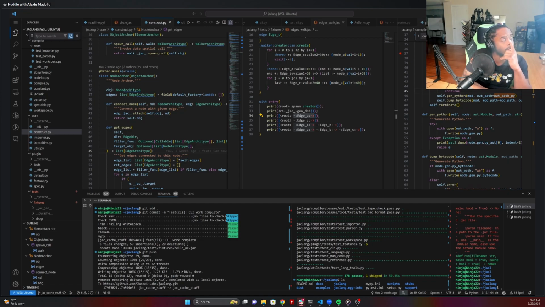Yep, that works. But direction is kind of inferred from what the source and the target is of the edge, right? And then the direction is really from the perspective of a node. That's the issue. But tell me something. On the get edges, we pass edge dir. Is there a way you can